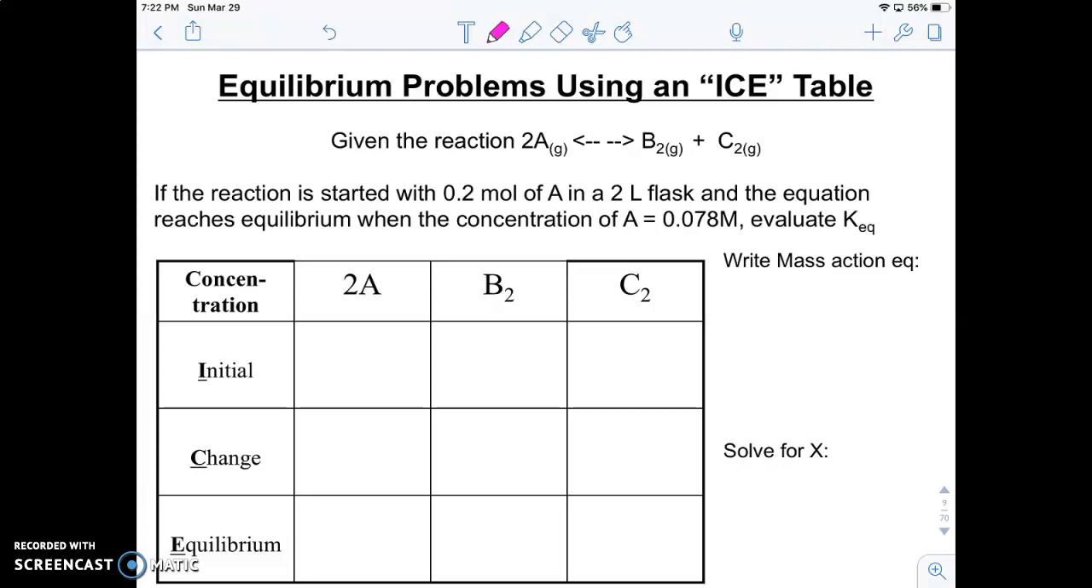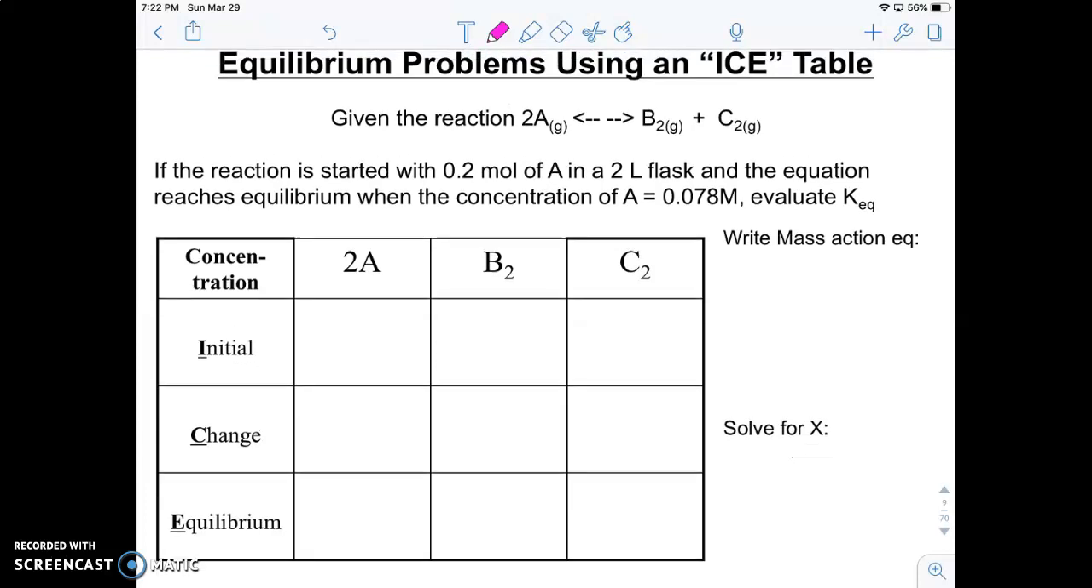So these tables here are called ICE tables, and they're called ICE tables because you're going to have an initial concentration of your reactants. Before the reaction starts, you don't have any products. Then we're going to look at how those concentrations change until you finally have a reaction that's in equilibrium. Okay, so basically, there's a lot of different ways they can give you information for you to use these